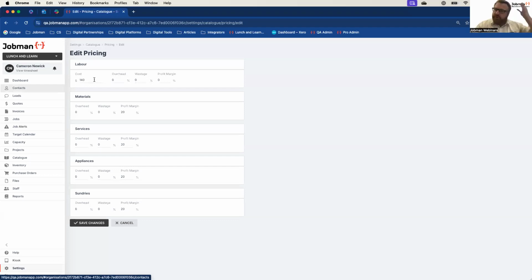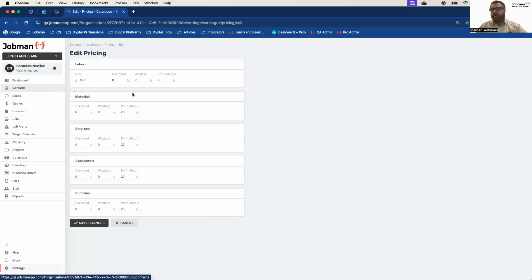So the reason why we don't recommend using markups is because what it will actually do by default is it will trick your system to a degree. If you have $100 at cost and you sell it out to 150, and I put 1 hour of assembly onto a quote, when a team goes and measures that, if it takes them an hour, that's great. If it takes them an hour and a half, Jobman's still going to say you're profitable because you're telling Jobman it's costed $100, but you've allowed up to $150.